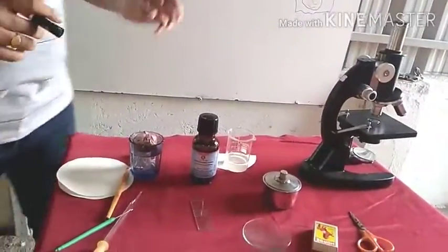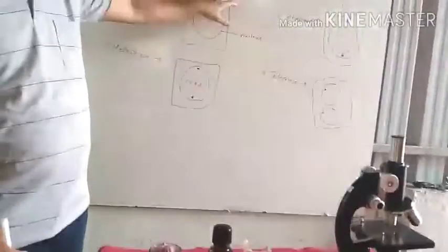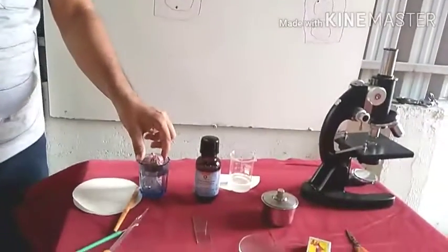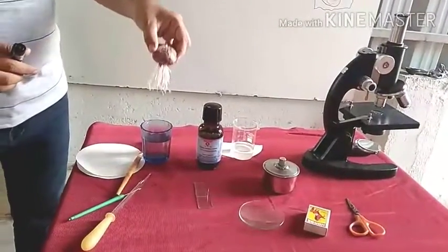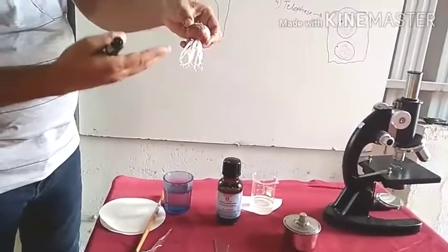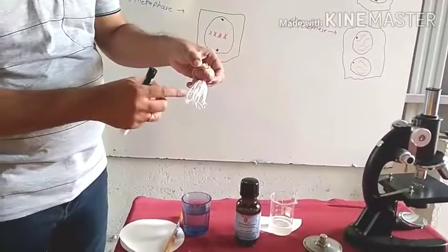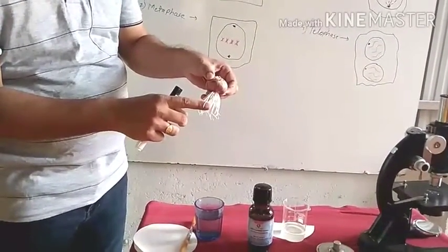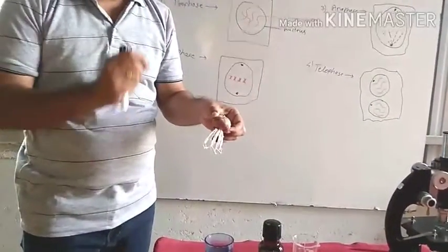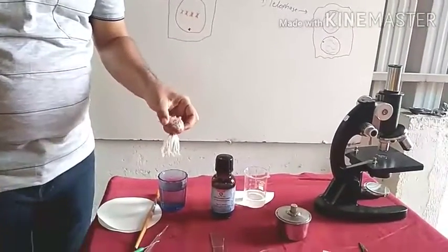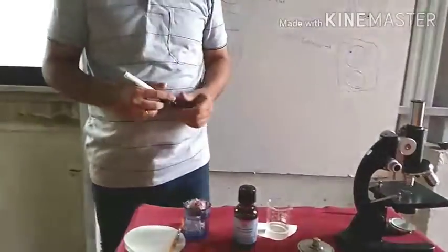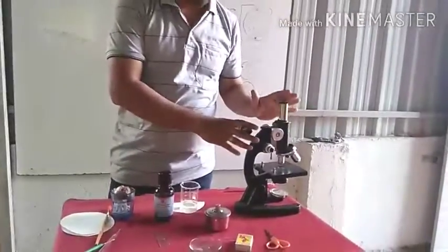To see the phases, we are going to take the onion root tip. Okay. So these onion root tips are required, and for that, since 4 days ago I have set this onion into this water, and now roots are very nicely grown there, but we require only a tip of this root. Okay, so that they have those meristematic tissues which can be used for our practical.